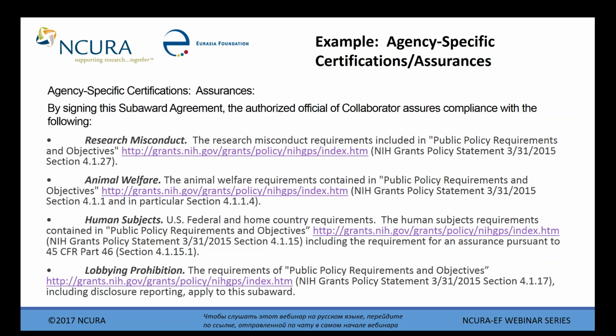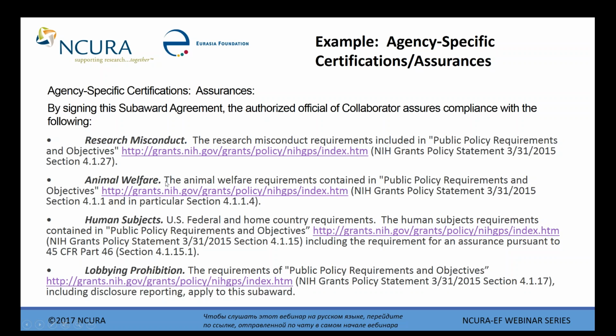This set of assurances can be the start of policy development for you, depending upon your institution, your research base, and what funding stream you want to go for. Research misconduct is a requirement of all U.S. federal funding sources, as well as some international funding sources. This link talks about the requirements for the National Institutes of Health. However, a number of U.S. sponsors follow this same guidance,